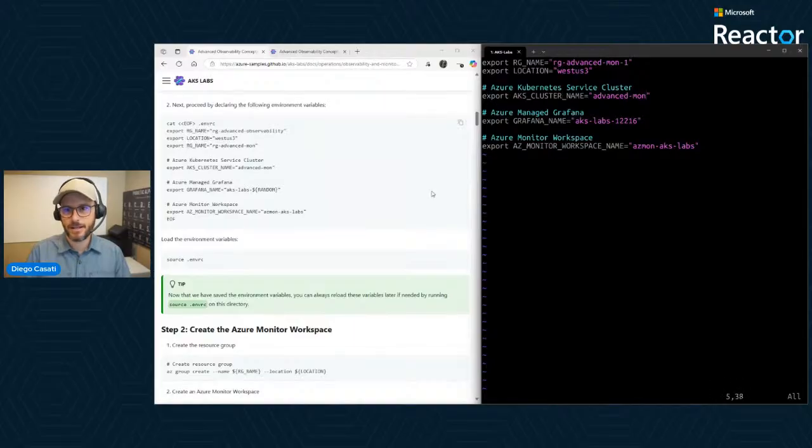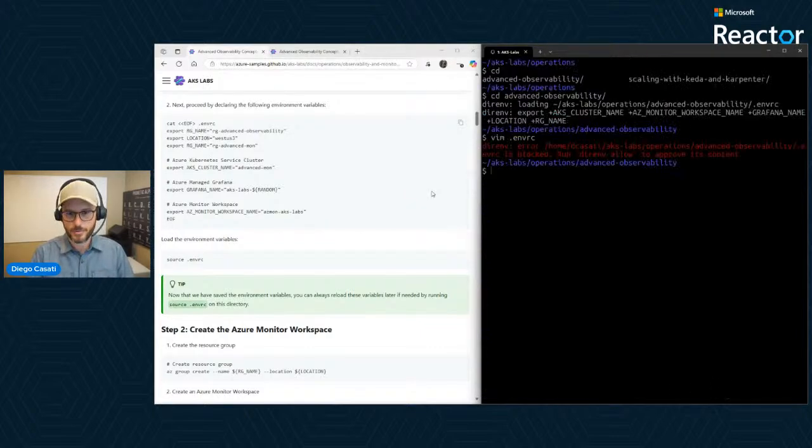For the name of my AKS cluster, I'm just going to say the same thing here so I know what cluster I'm using. And then you can see because of that random variable, I have AKS labs 12216. That's going to be part of my FQDN. I'll put the 1 in here as well so I know. So this is all I'm going to leave in place for now.